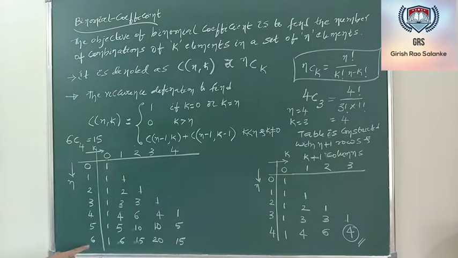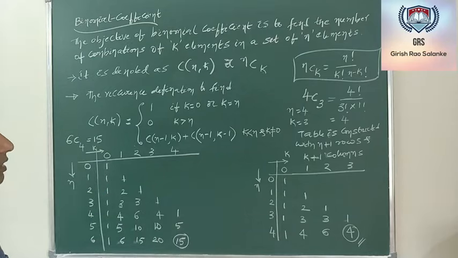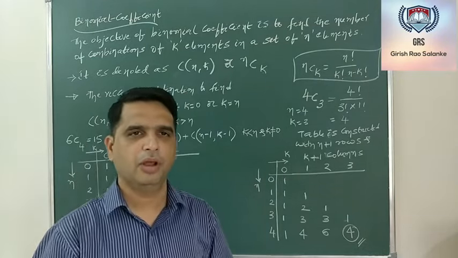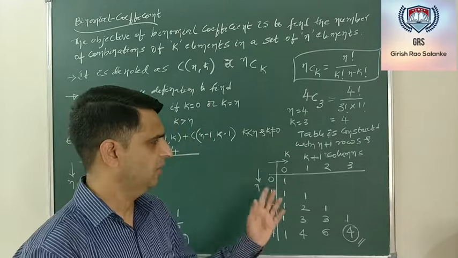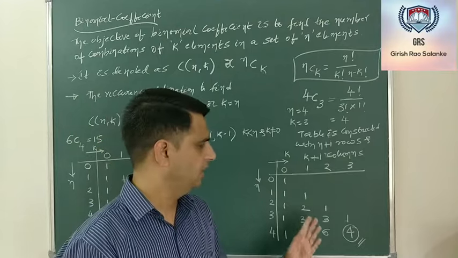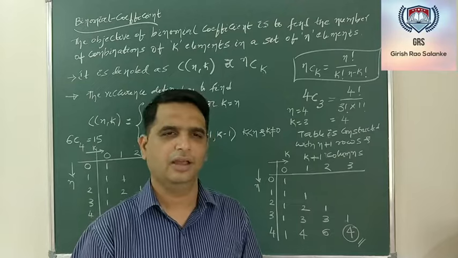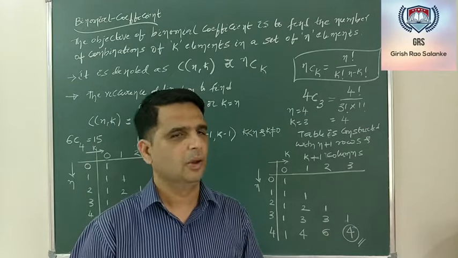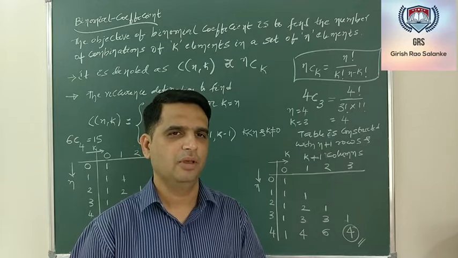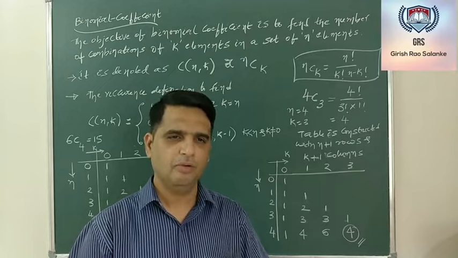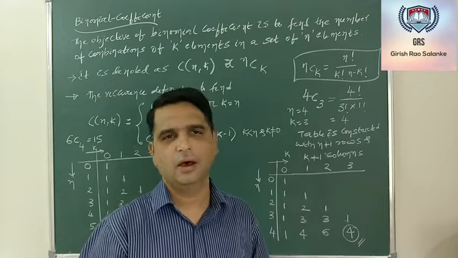Now what value do we want? We wanted 6C4. 6C4 is 15. If you see, I got this value. This is how we use the concept of dynamic programming to find the solution. Note that all the solutions to the subproblems are stored in the table, and whenever required, we get that value from the table. Hope this is clear. But note that in divide and conquer, we never did the same. The smaller instance of the subproblem was solved whether it was overlapping, that is, whether it was already solved earlier or not.